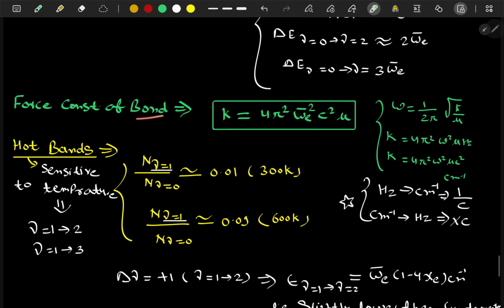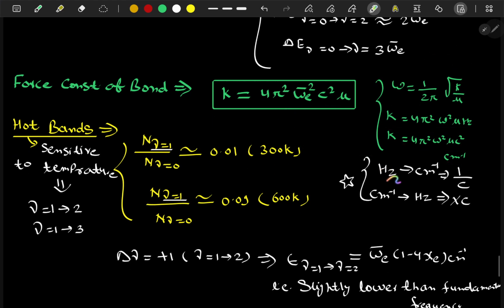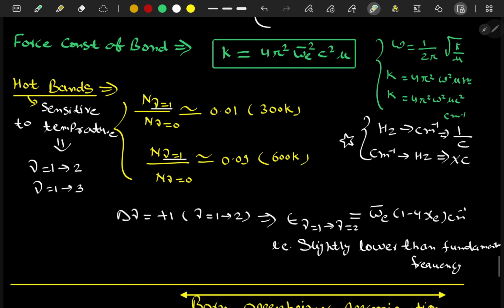Now we'll discuss about force constant of bond, omega equal to 1 upon 2 pi root k upon mu. होता है ना ओमेगा इक्वल टू रूट के बाई एम वाला, सेम टू सेम है भाई, इसमें मल्टीप्लिकेशन किसका हो रहा है, सी का सेंटीमीटर इनवर्स के लिए। तो देखो बहुत इंपॉर्टेंट है, हर्ट्ज को सेंटीमीटर इनवर्स में बदलना है तो 1/c, और सेंटीमीटर इनवर्स को हर्ट्ज में बदलना है तो सी से मल्टीप्लाई करो।